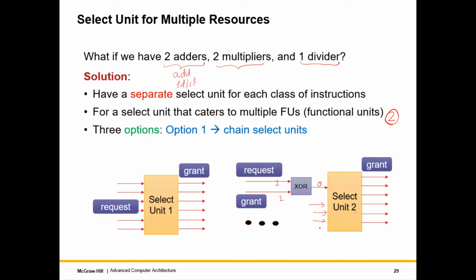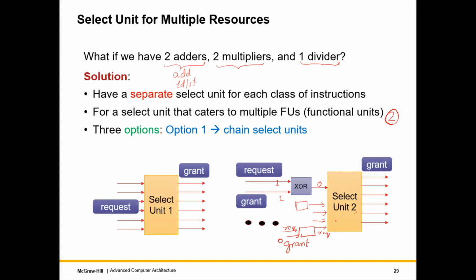That is because it was granted by the earlier one, so it cannot be granted by the second select unit, and it is 0. But for all the other inputs, right? So there are many other inputs, and I am not showing them. So all of these inputs are pretty much connected to other XOR units. For each one of those, we'll have a request line, and a grant line which is coming from the previous select unit. So in this case, the grant line for only one of them will be 1, for the rest will be 0. So pretty much the request will show up over here. So the request is 1, it will show up over here. If it's 0, it will show up over here.